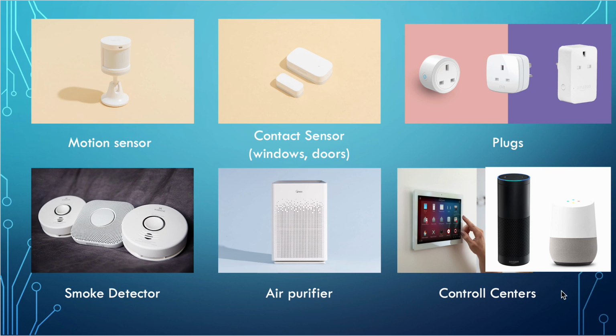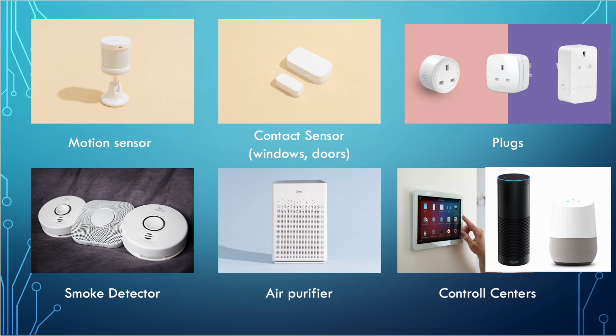So control centers would be the interaction point between IoT and humans, right? Similarly, humans can give input to control these IoT devices, so input and output with human interaction would be happening in the control center. They can switch on the security system, so the motion sensors will be activated. They can switch on plugs